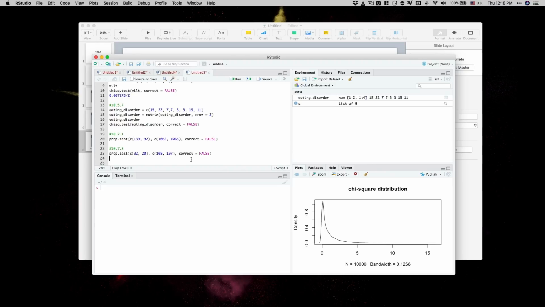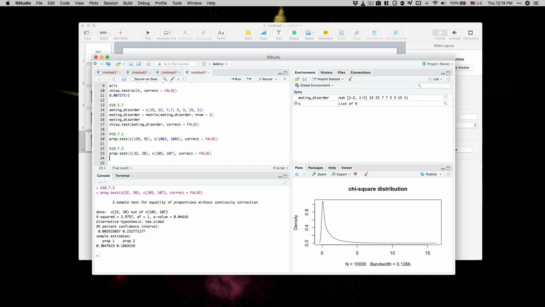And the following question is kind of identical, so make sure you pass in the number of successful trials and make them in one vector, 32 and 20, and also pass in the number of total sample size of each of this group. And because we have a relatively large sample, so we don't have to worry about the correction, so make sure to turn this off. And run this line of code, we can get the 95 confidence interval, which is from 0.029 to 0.2327 something,